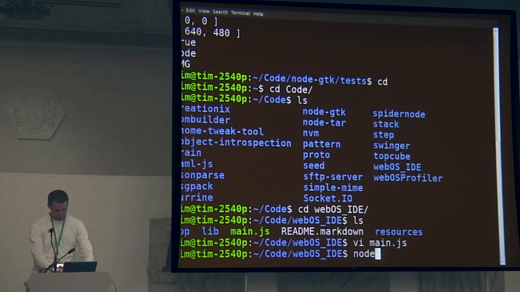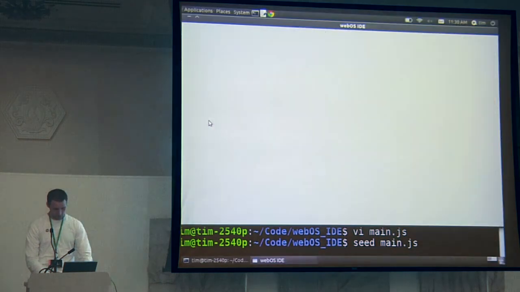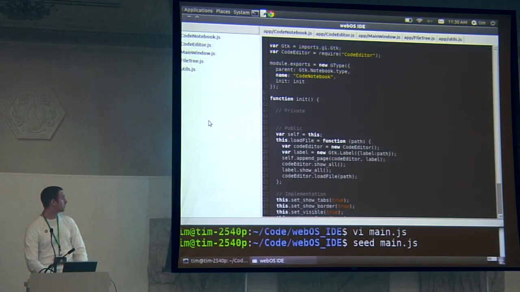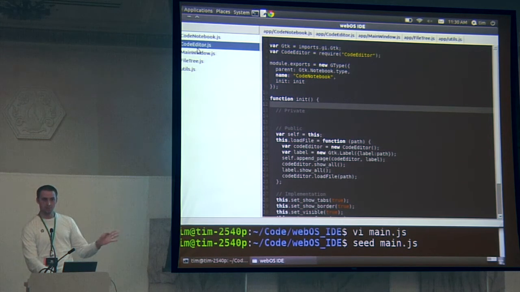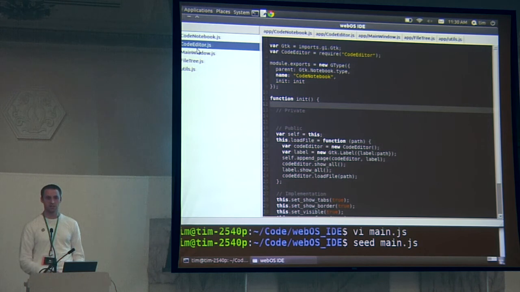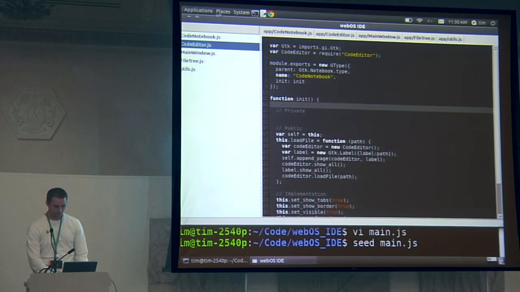And then, that's not Node. I run that, and hopefully this works. And so this is, so I've got tabs, I've got a GTK source view here, text editor. I've got a tree view over here. It's not fully implemented, but as you see, it's a desktop app. I could maybe finish this out and make an IDE that's optimized for my mobile system at work, and it'd all be JavaScript, which would be really cool.